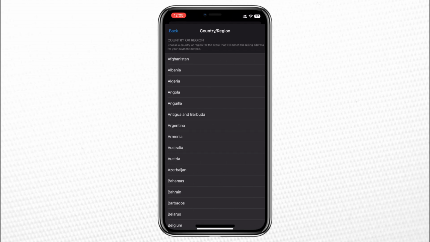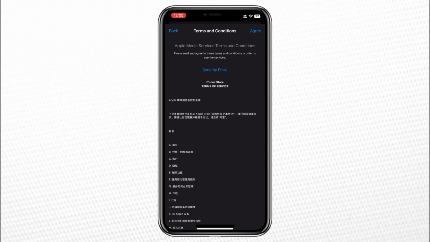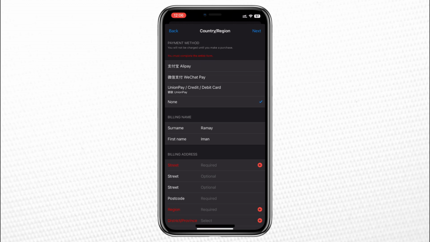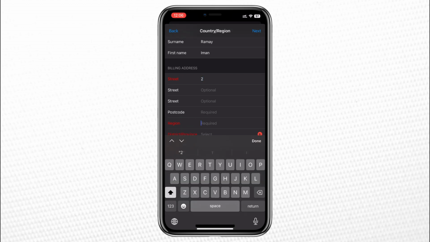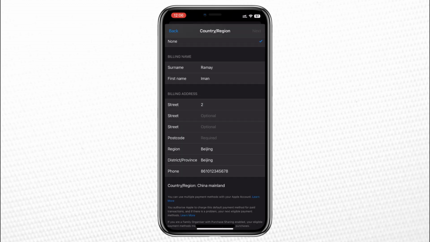Scroll down the list of countries and select China Mainland. Agree to the terms and conditions, select the payment method None, and tap Next. If it doesn't proceed and requires you to add billing details, then add some random address like I'm doing. Once done, tap Next. It will take you to the App Store where you will see that all the apps